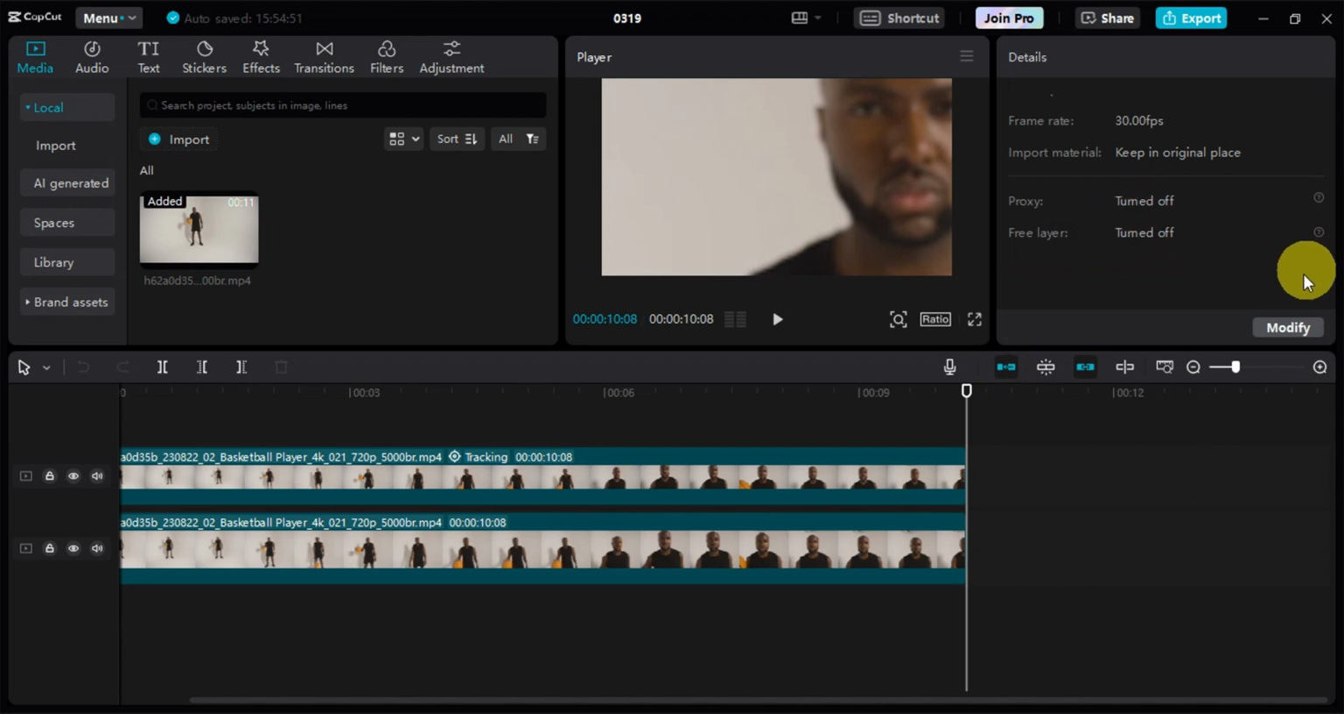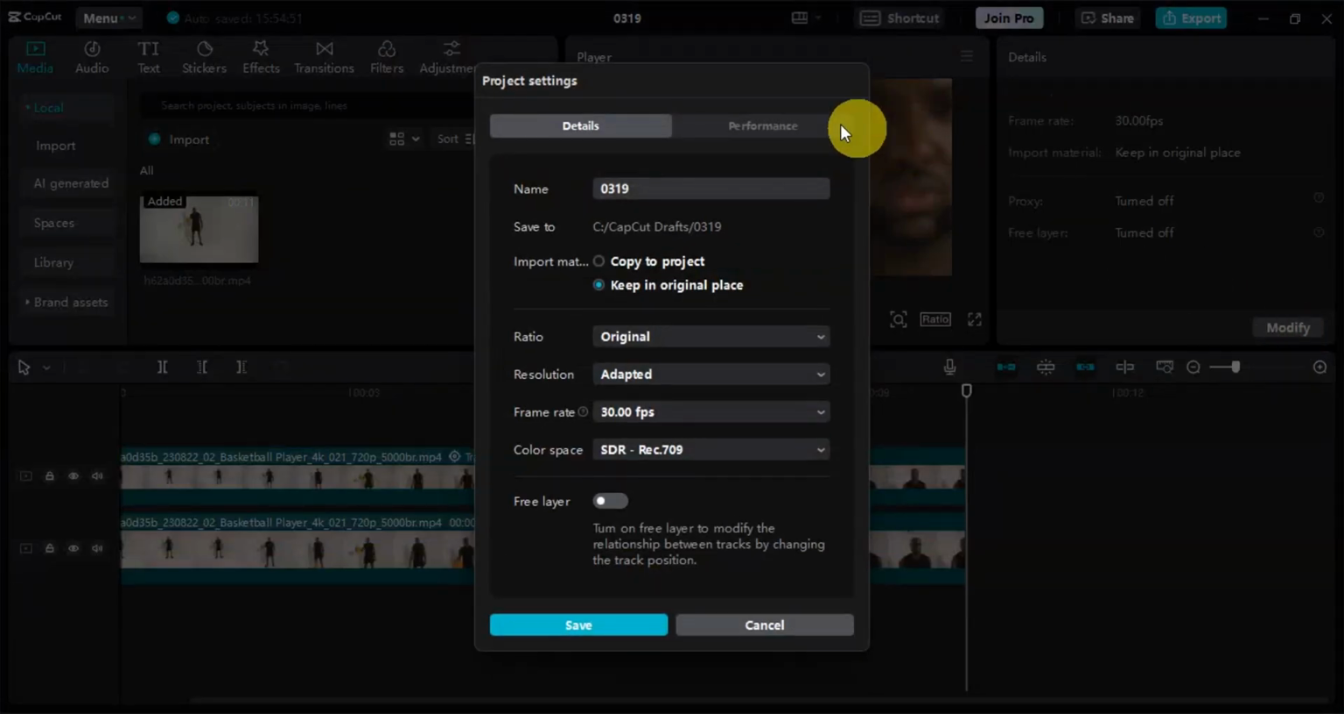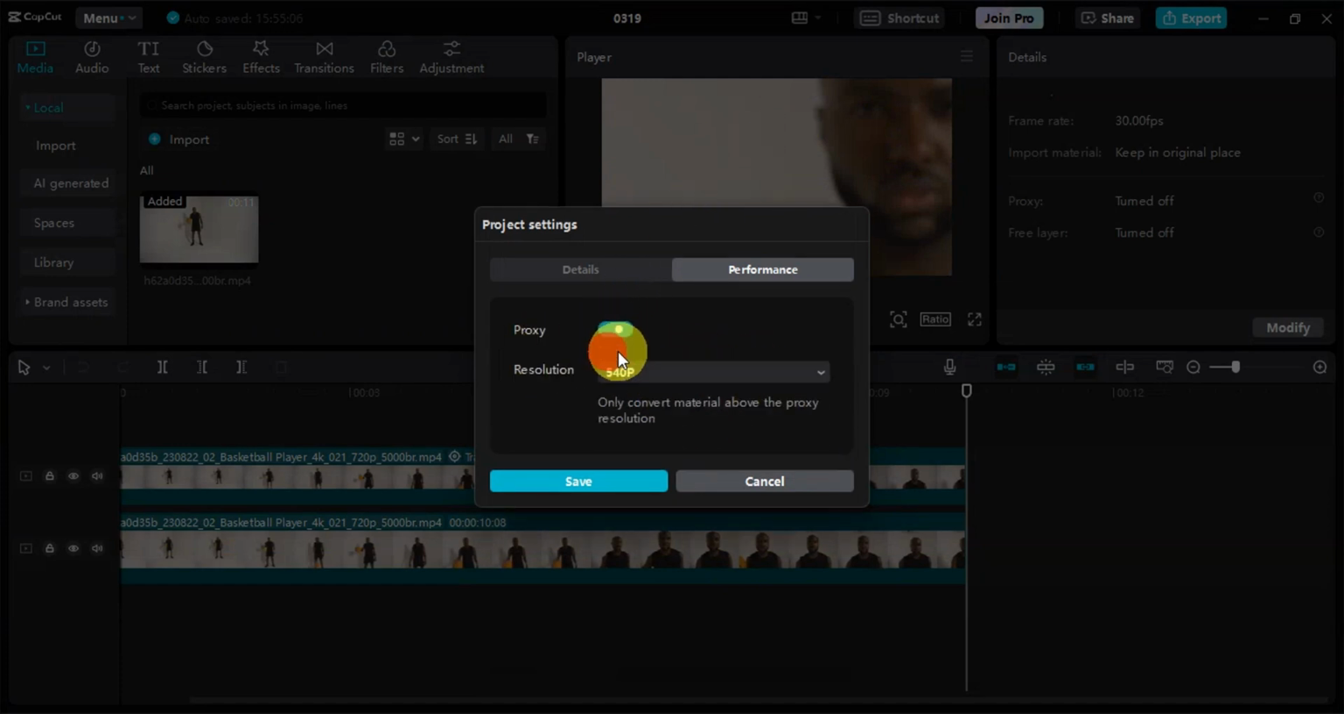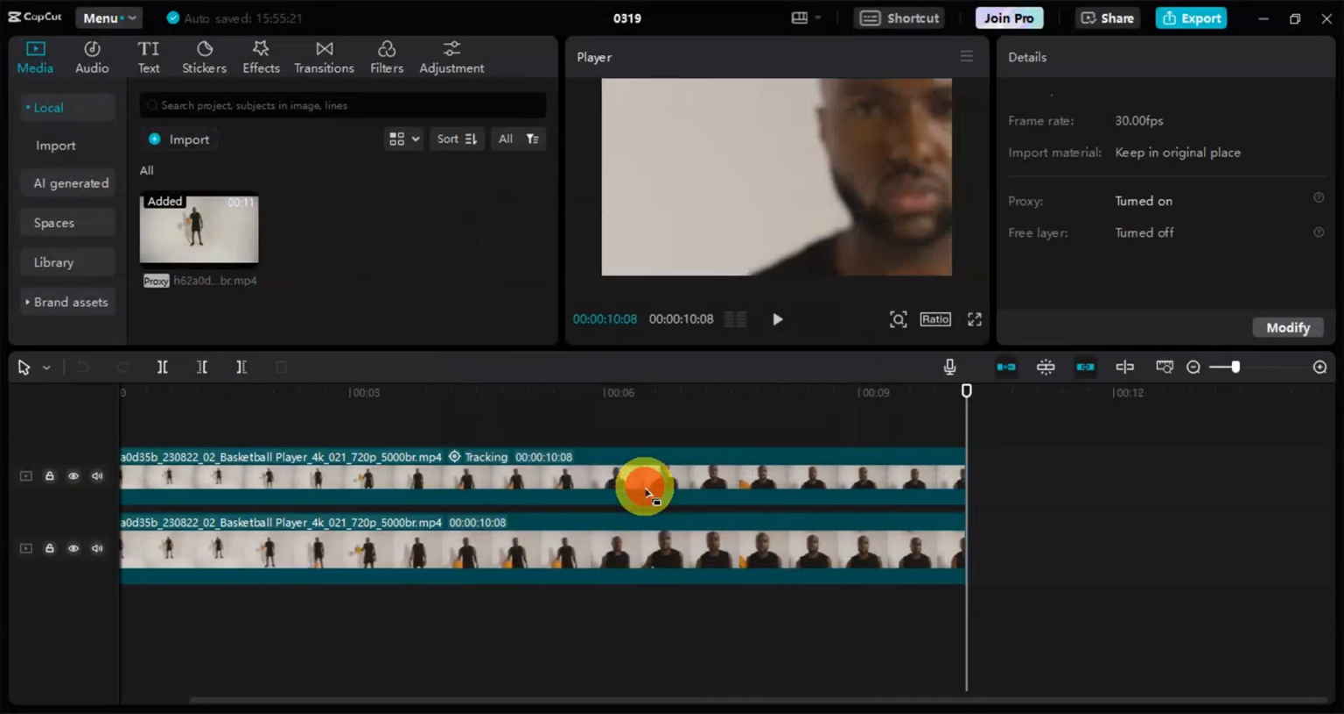To do that, we'll click on modify in here and click on performance. Now, as you can see, it will speed up editing and video quality won't be affected. We'll just need to toggle this one on, and you could also choose a resolution for that. There are two options, 720p and 540p, and only convert material above the proxy resolution. Then simply click on save for that, and this should fix the issue with your